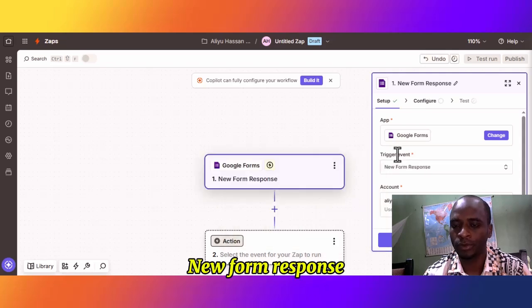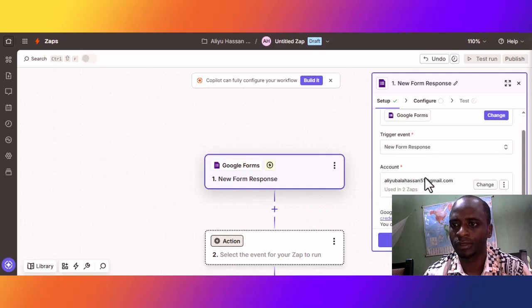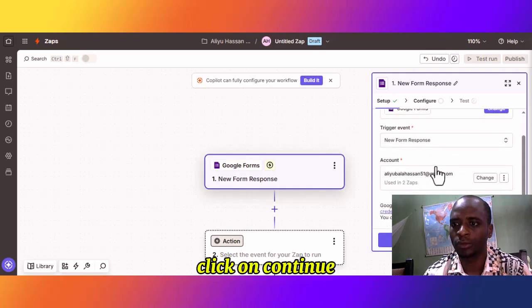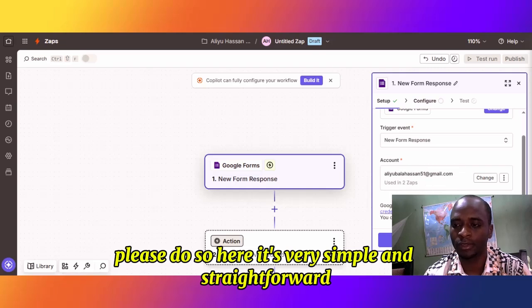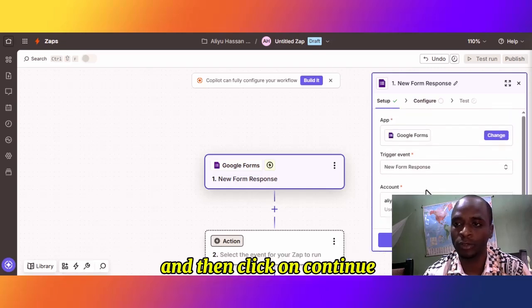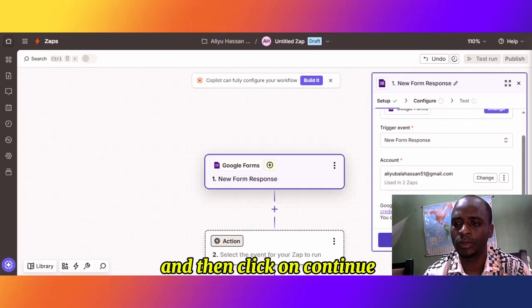New form response. Click on continue. If you are not signed in into your Gmail account, please do so here. It's very simple and straightforward as well. And then click on continue,